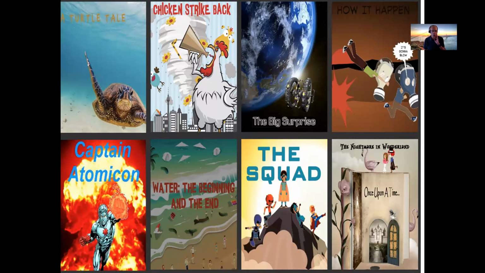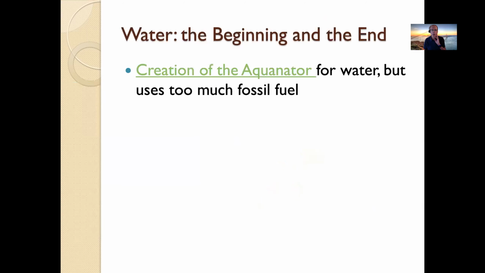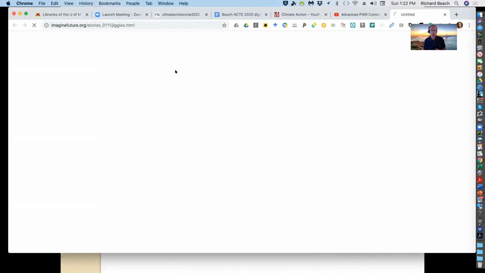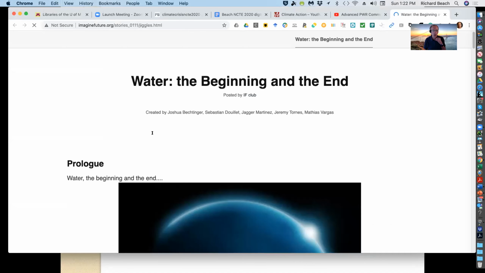And I want to show one of them, the water one. In this digital story, they talked about the issue of water. And of course, in Miami, water and sea level rise is a big problem. So they said, oh, we'll show a bunch of people who created what is called Aquanor for water. The problem with it was it used too much fossil fuel. So here is their little digital